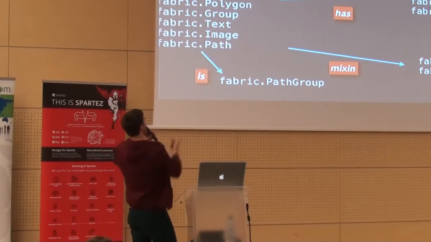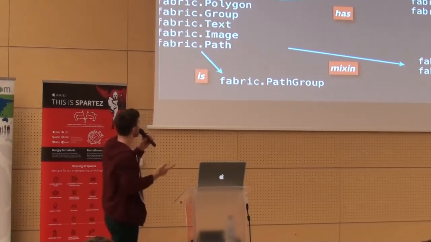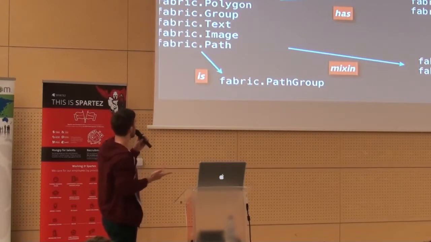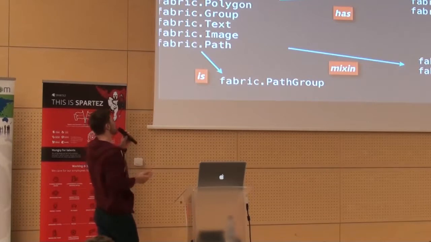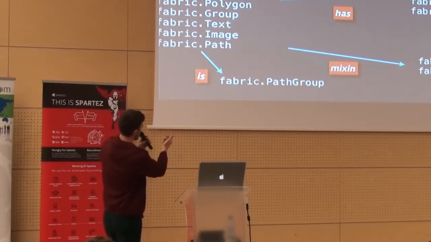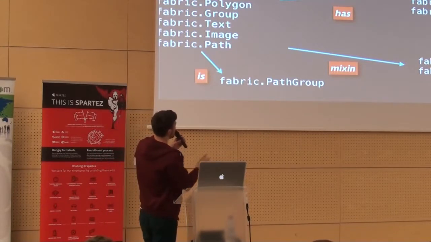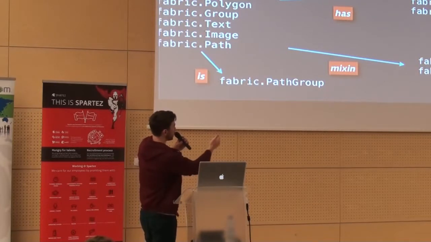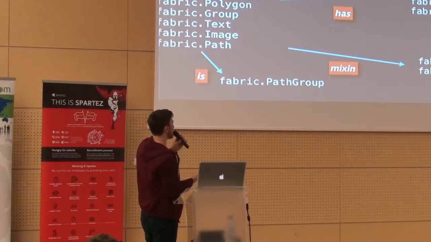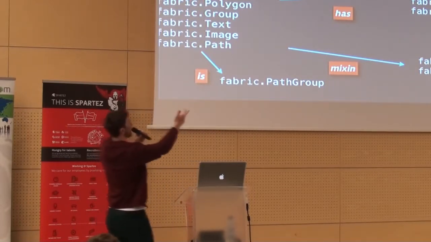The subclasses are all those simple shapes like polyline, text, image, rectangle, ellipse, and so on. We even have a third-level subclass, such as path group, which is an instance of a subclass in the Fabric path. And aside from a couple of mix-ins, which I'm sure you're all familiar with, such as observable and collection,